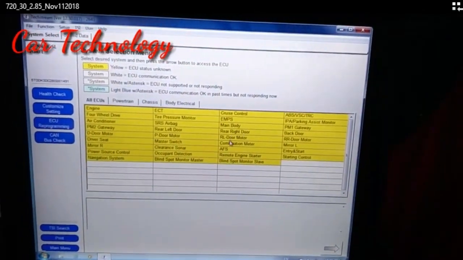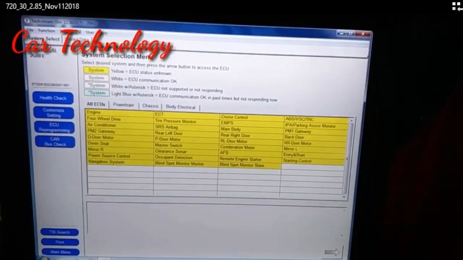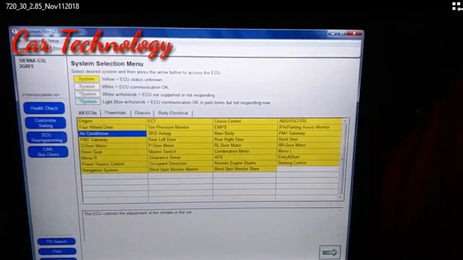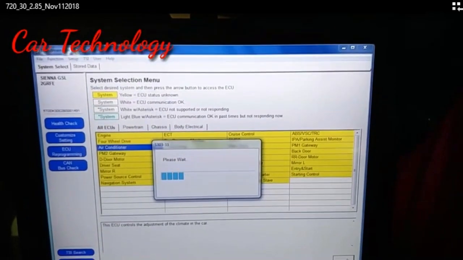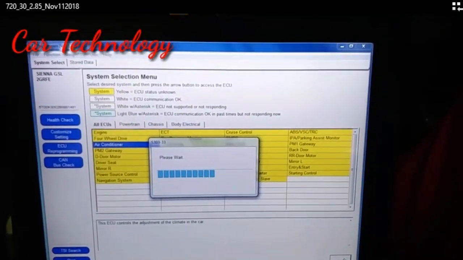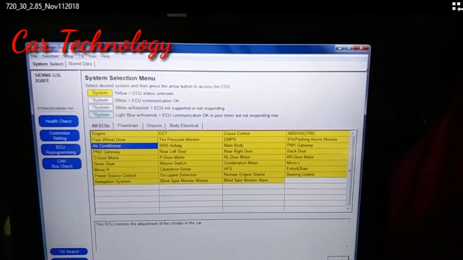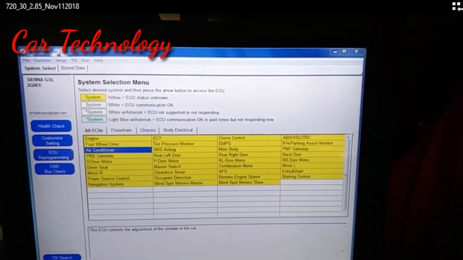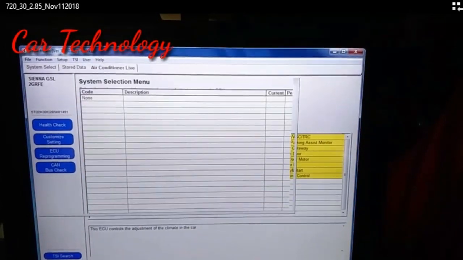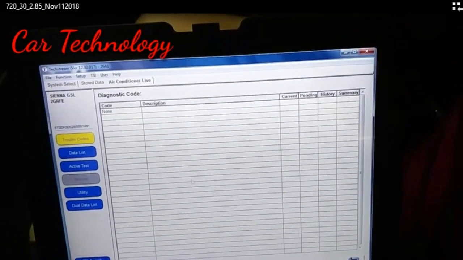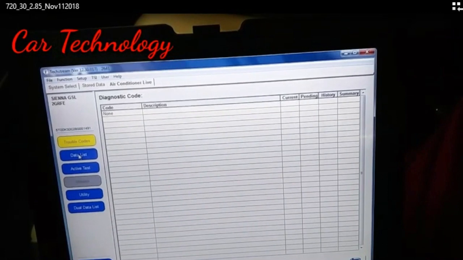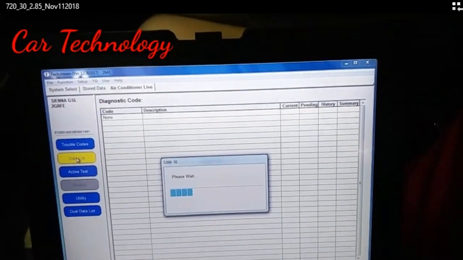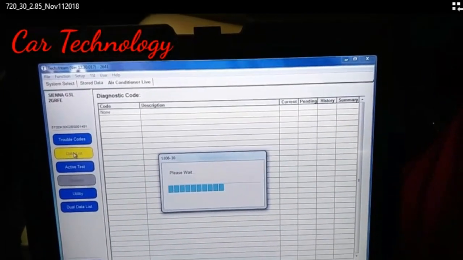You can go to the air conditioner and press enter to process the air conditioner. Then go to the support code, and check the data list to inspect the flow sensor.